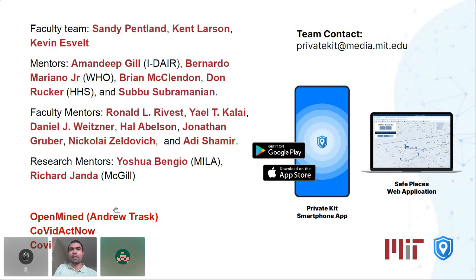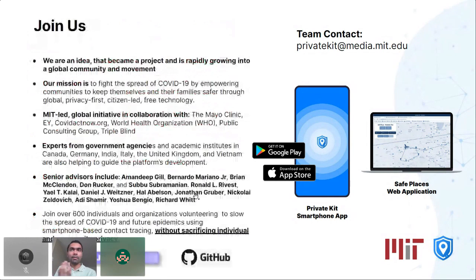We also have some active partnerships with some of the open source projects that others have built, and they're also contributing to this project. So it's open, free for all. No matter where you are in the world, no matter what your expertise is, you're free to join our team. Feel free to visit our website or email this address, and you're more than welcome.